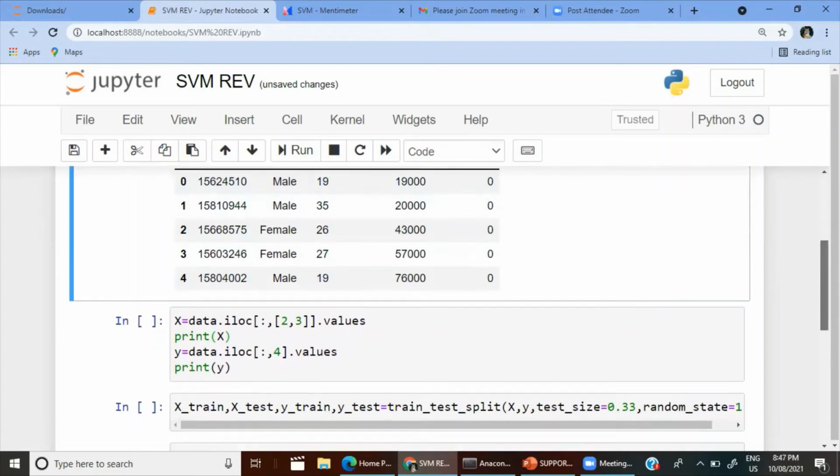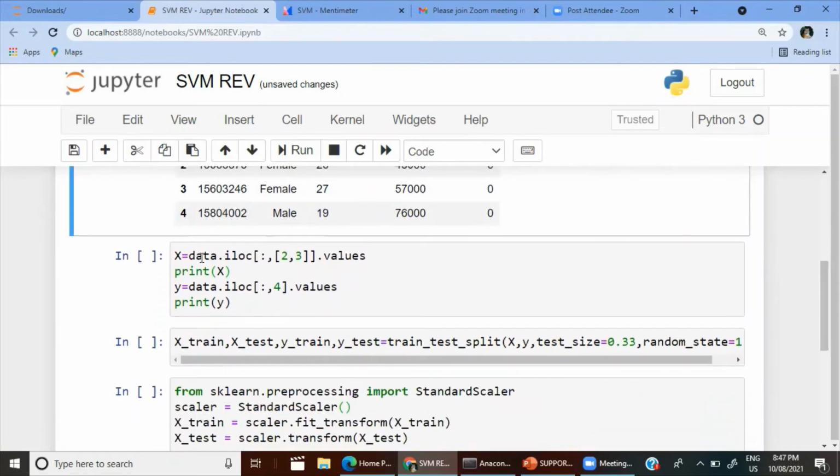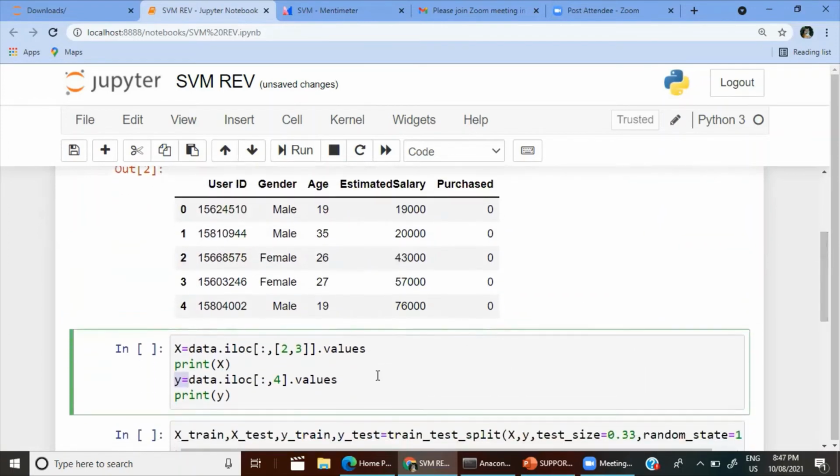So for that, we have to write separate code. X is the feature, Y is the target. In X, we are taking the 2 columns, age and estimated salary. For that, we have to use iloc. If you write data.iloc, this colon means all rows, okay?